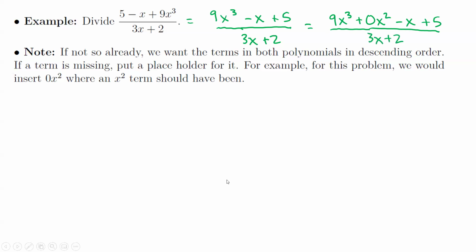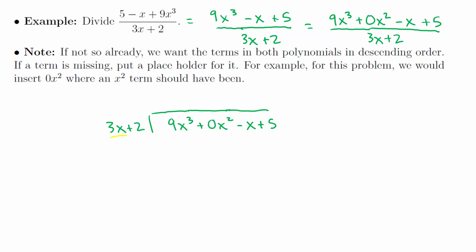All right. So always put a placeholder in if there is a type of term that is missing. So when you write out this long division here, 9x cubed plus 0x squared minus x plus 5, divided by 3x plus 2. All right, so now we're going to ask ourselves, what do I multiply 3x by in order